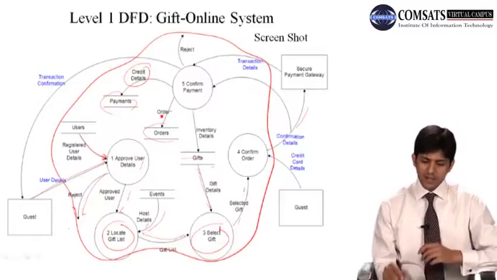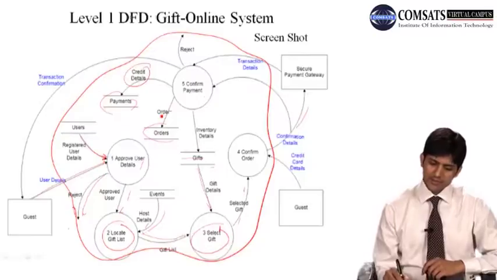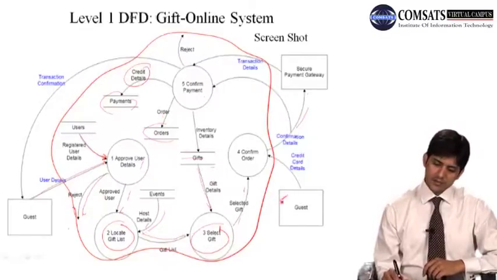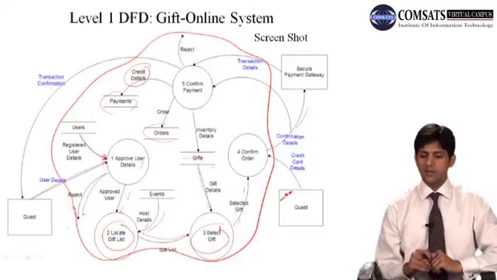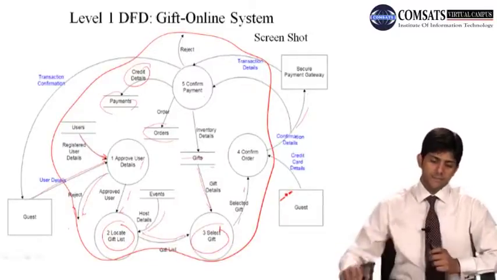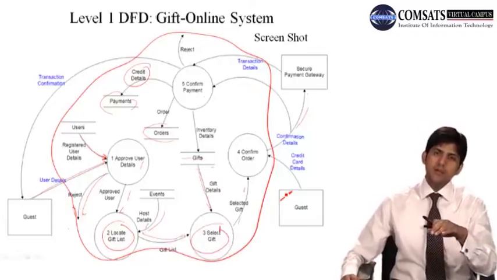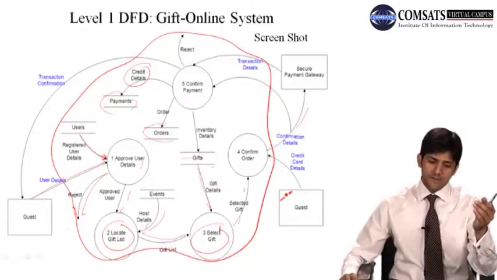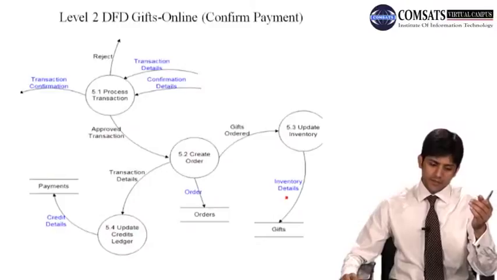Okay जी, so this is how, and again जो हमने एक पिछली एग्जांपल में भी चीज़ डिस्कस की थी, if there is a duplication तो हमें उसको diagonals के साथ शो करना है, because we want to tell that this is the same entity as the other one in the slide. Okay जी, so this is the level 1 DFD for that gift online system,